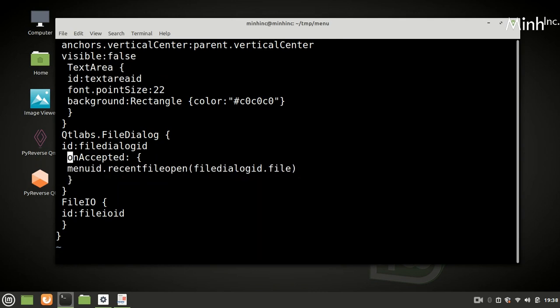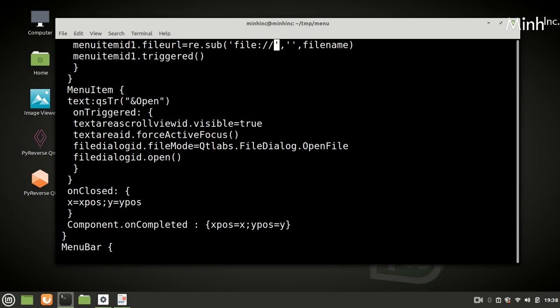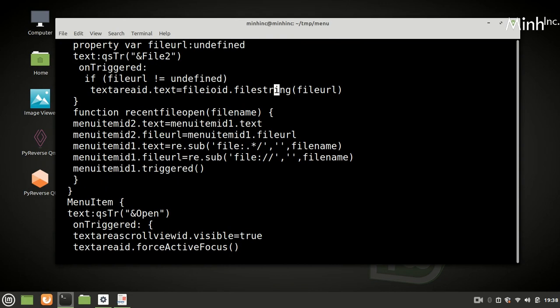So whenever we say open in the file dialog, it will call menu id recent file open and pass the file name. In the recent file open, first it will take the menu id 1 text and file URL.